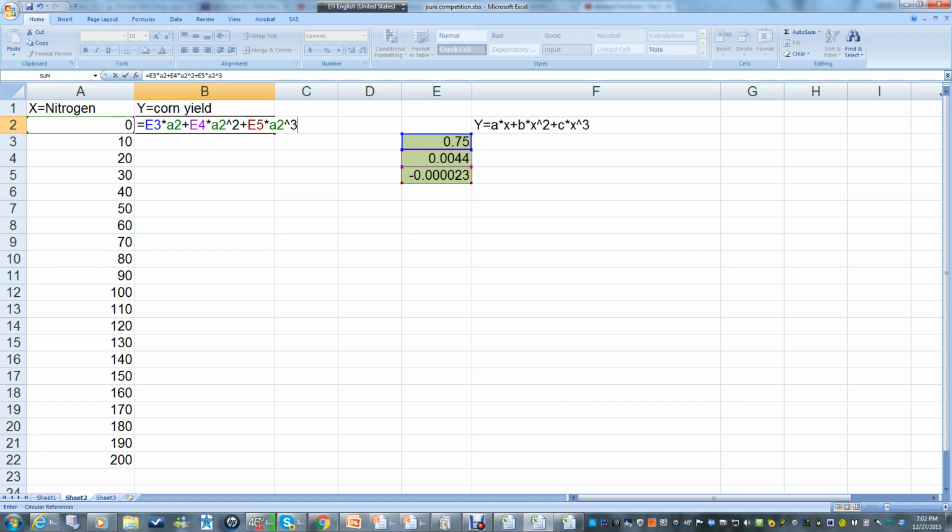Now, the only thing I'm missing here is I need to edit this formula. But first let me put the formula in up here and take a look at what I'm going to do now. I'm going to put a dollar sign